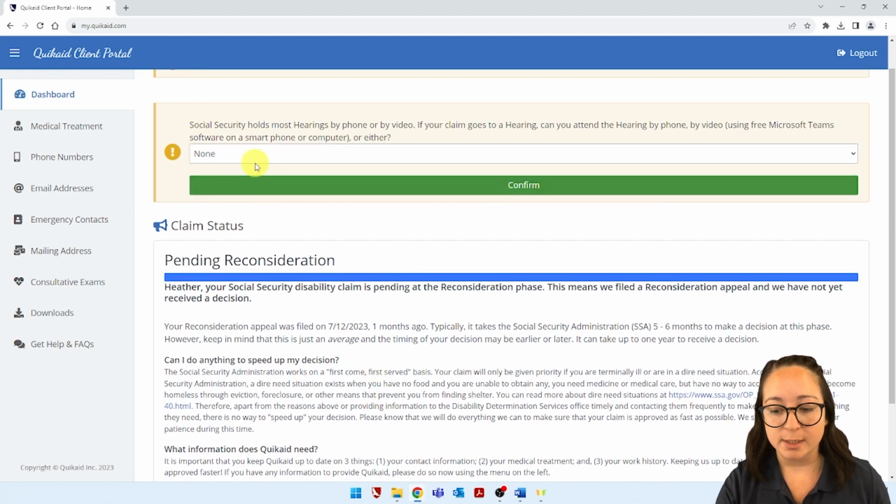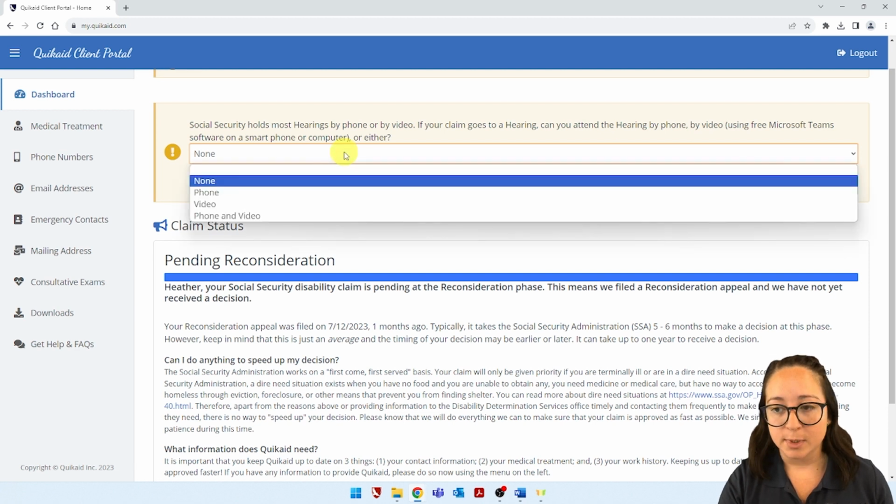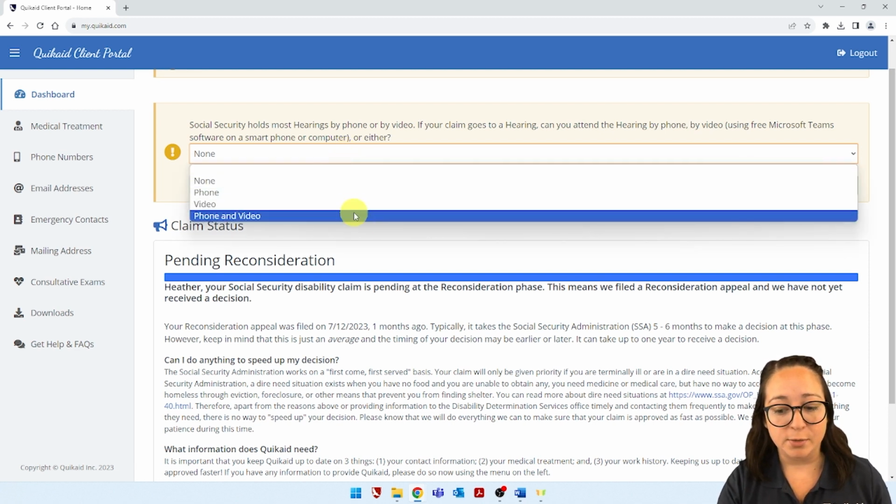Regardless of which phase your current claim is pending at, our office wants to know what your hearing preference would be should the claim reach the phase of the process that requires a hearing before an administrative law judge. Our recommendation is that you opt in for either a video or a telephonic hearing. They're scheduled much sooner, and you have the advantage of not needing to travel, oftentimes at great distance, to an in-person hearing. The hearing can be conducted in the comfort of your own home without the added burden or stress